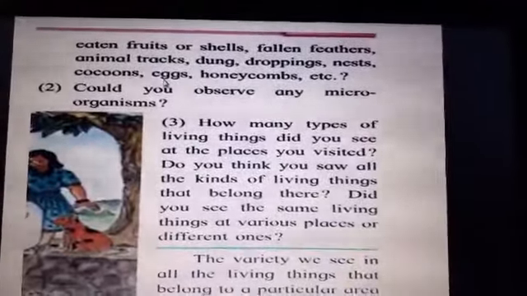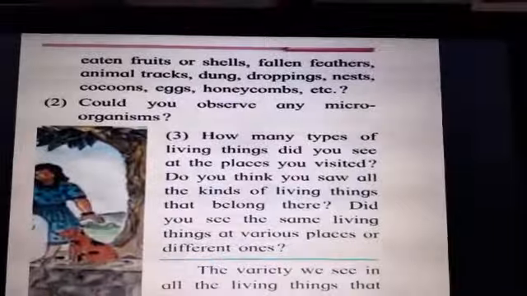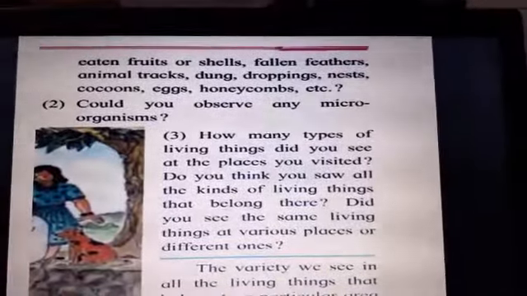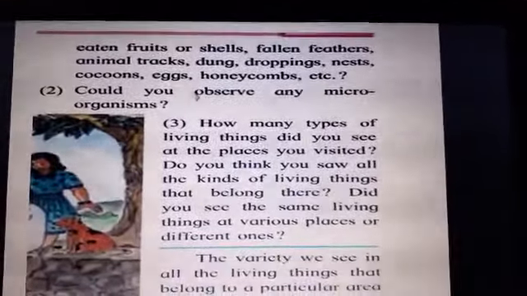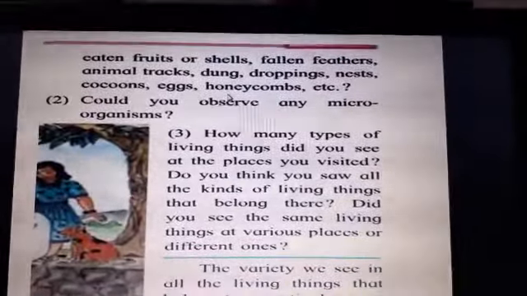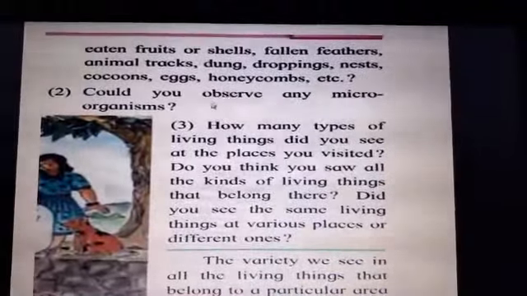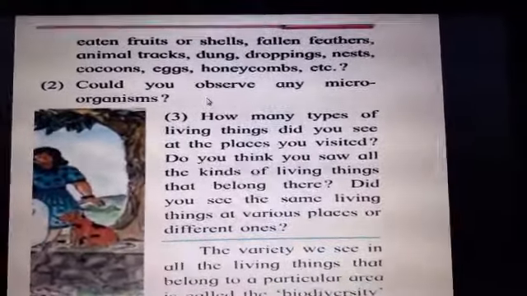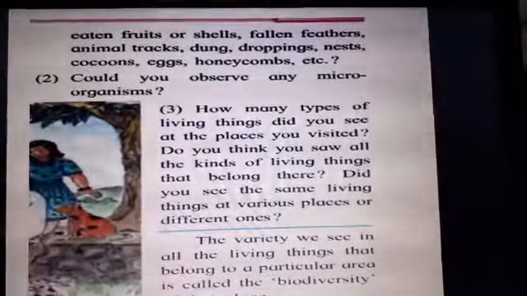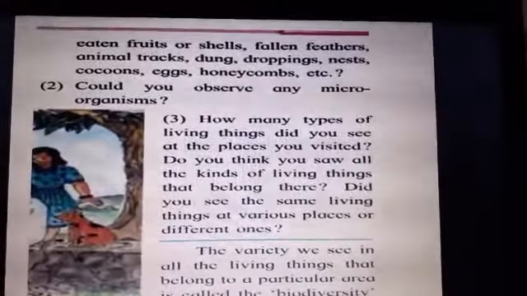Then eggs, कहीं पे छोटा सा घोंसला बनाया हुआ रहता है, नेस्ट बनाया, उसके अंदर छोटे छोटे अंडे रखे रहते हैं, बच्चों को अच्छे लगते हैं, बच्चे ऑब्जर्वेशन करते हैं. और द हनीकॉम्स, मधुमक्खी का छत्ता, जहाँ तुमको शहद मिलता है ना, हनीकॉम. Could you observe any microorganisms? Were the microorganisms visible to you? No. This is my observation. You should have your observation.